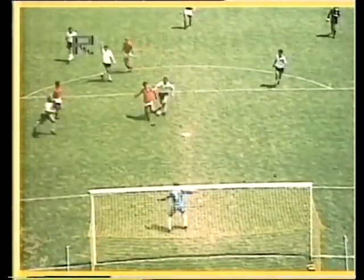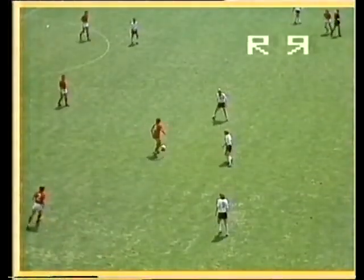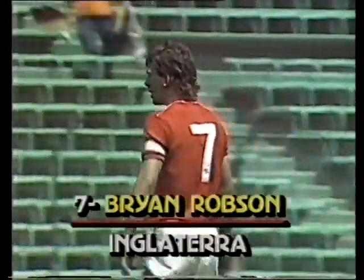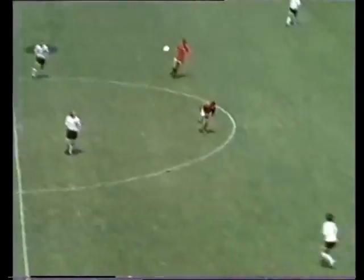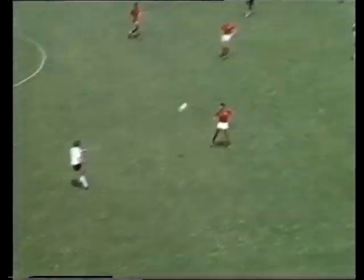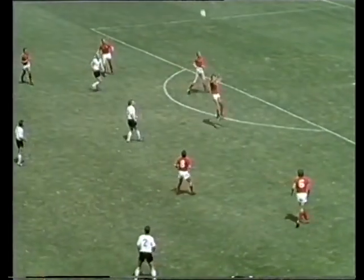34 minutes gone. Robson for England after Kerry Dixon's fine work. Hoddle playing it in, Dixon chesting it down, the toe poke out, and Brian Robson answering any critics who say, well, it's not the Brian Robson of a few months ago. It's a nice one touched up here by the Germans, coming eventually to Herget. Brian Robson,